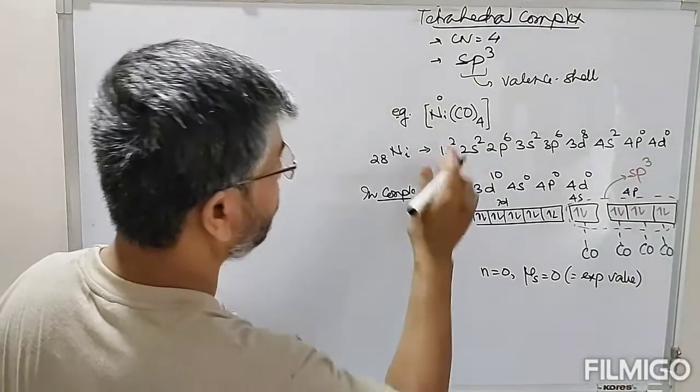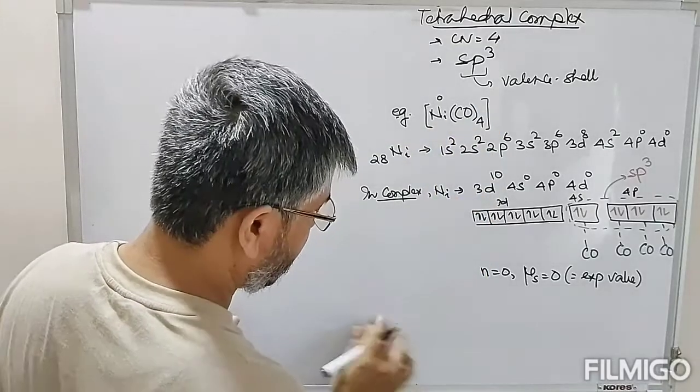So some other examples of tetrahedral complexes are FeCl4,